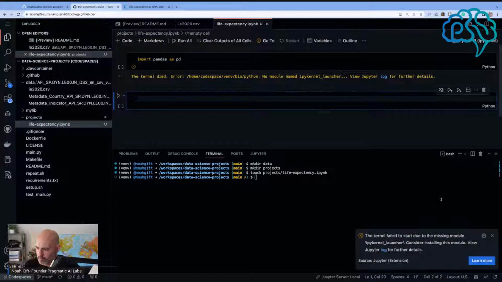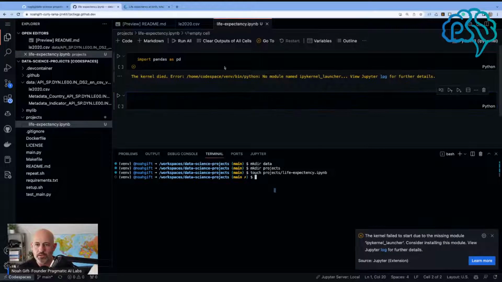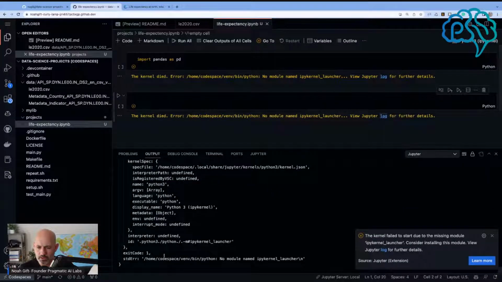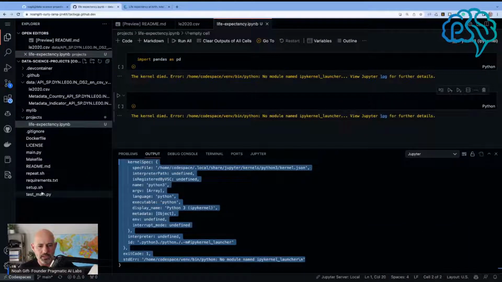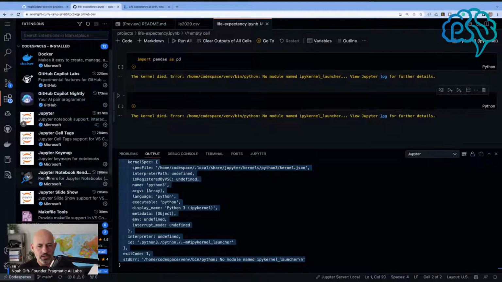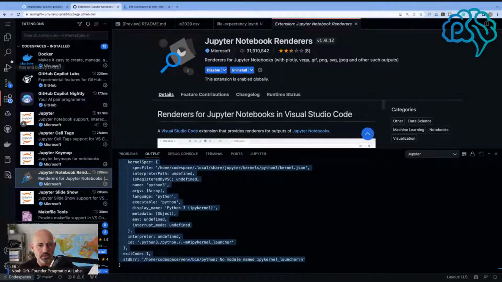Kernel died. What does that mean? So if this thing's having a problem, I don't know what that means. The kernel died. View log. Interpreter. Well, the kernel failed due to a missing module. Let's go ahead and take a look at this, and let's see if I can fix this problem inside of here. So we got extensions. Yeah, see, I have Jupyter Notebook renders. And if we look at the project